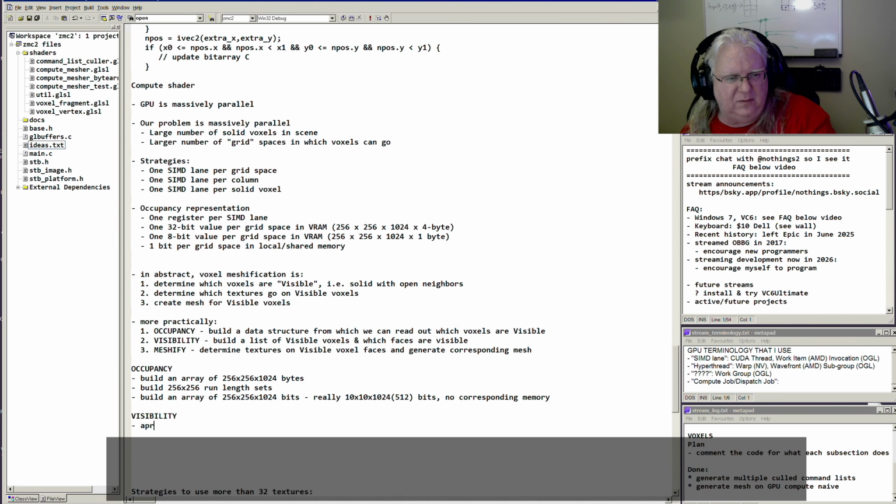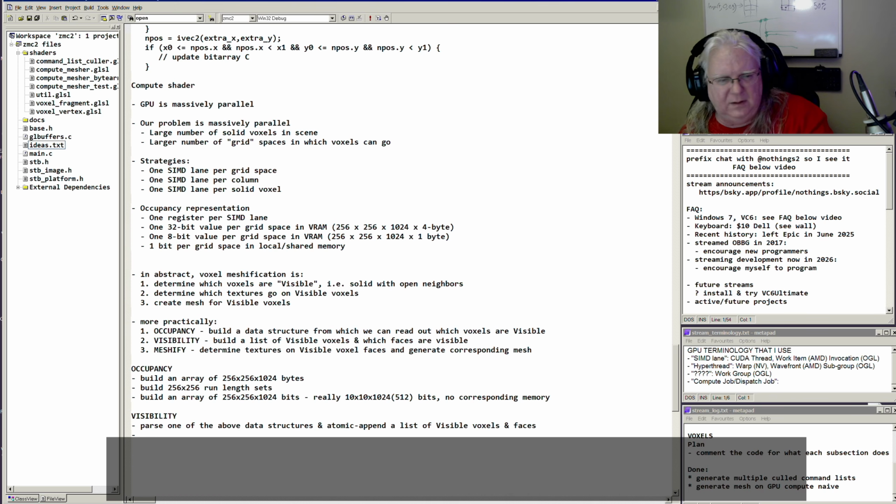Parse one of the above data structures and generate a list of visible voxels. Append, then meshify. For every visible voxel, traverse command list,